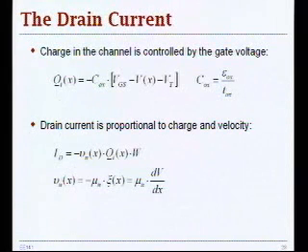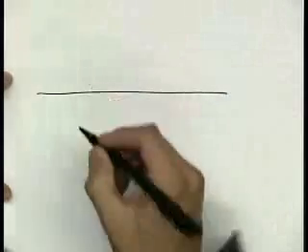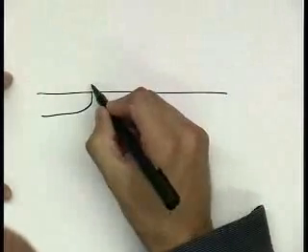Okay, good. So now we'll do a simplified derivation of the drain current using the concepts that we introduced so far. So basically, when you apply gate voltage at the gate electrode, then you have charge in the channel that is controlled by that gate voltage. And if you draw over to the overhead here, if you draw the cross section of your device,